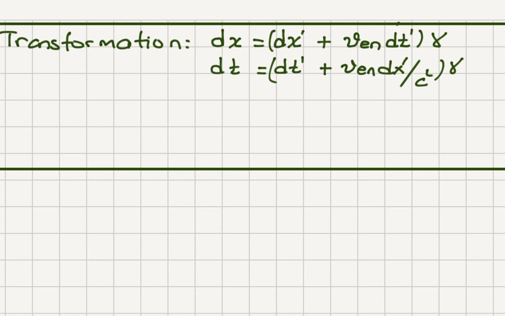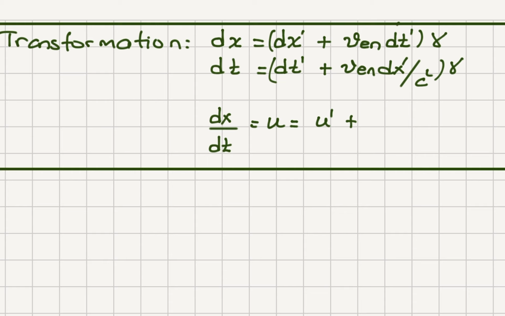So if I take dx dt, which is the velocity reported by the starfighter reference frame, this will be u. If you take dx dt, we're dividing these two equations. So you will have dx prime dt prime, which is u prime, plus